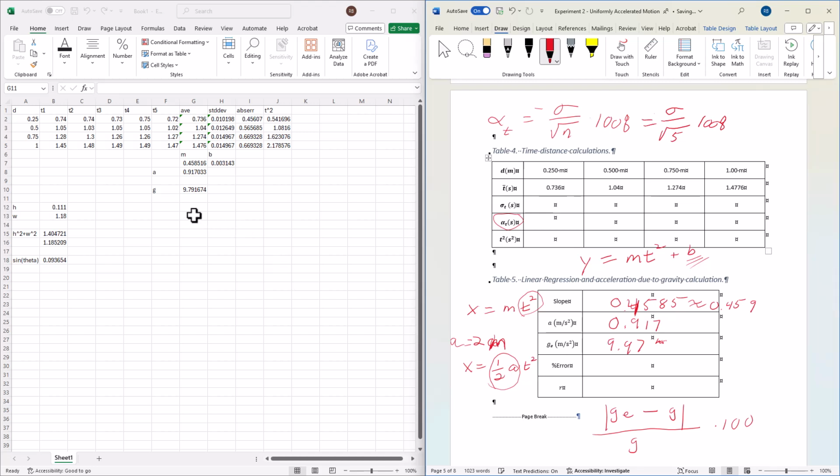In that particular case, I think I typed in my acceleration due to gravity wrong. That should be 9.79. Three significant digits is fine. 9.79. Okay. So we're going to use a g of 9.81 for that. So we'll just keep that in mind that for us, g is equal to 9.81. Okay. So my percent error,